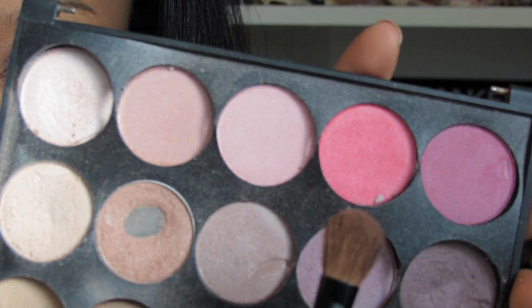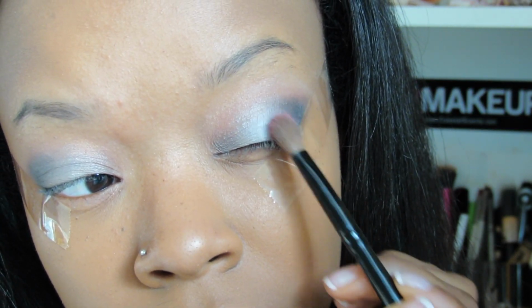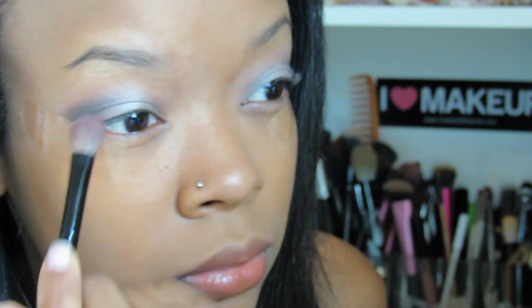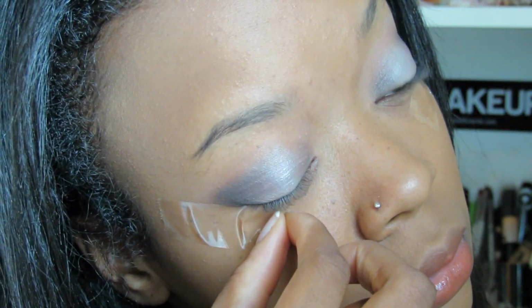So if you want to be a little bold, you can add some pink. I'm adding a tiny bit, like you hardly even see it. It's just the same pink as the color of my robe, so I'm putting it towards the black and silver where they meet. And now that the eyeshadow's done, I'm just going to peel the tape off, which is